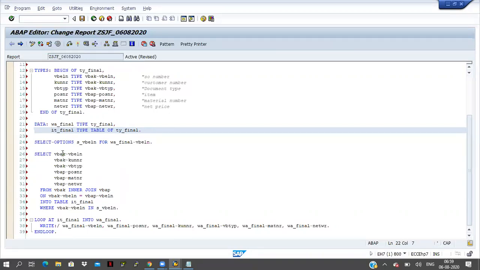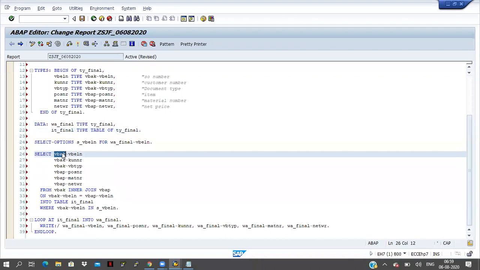Even if I take VBAK in capital letters and click on pretty printer once again, see, VBAK is converted into small letters. So pretty printer is used to align the data in one format.